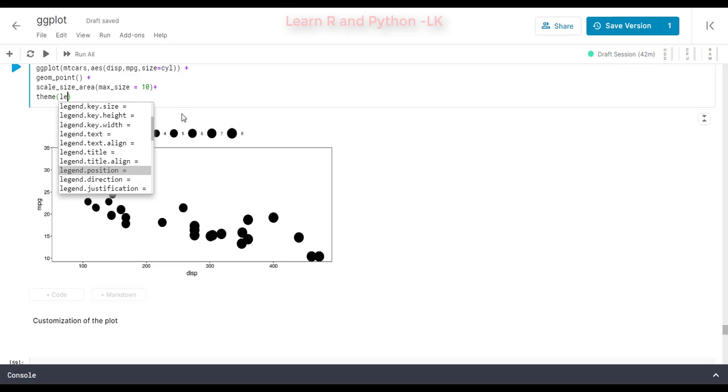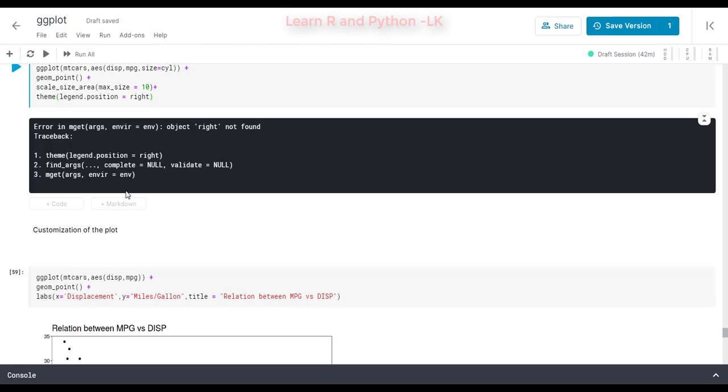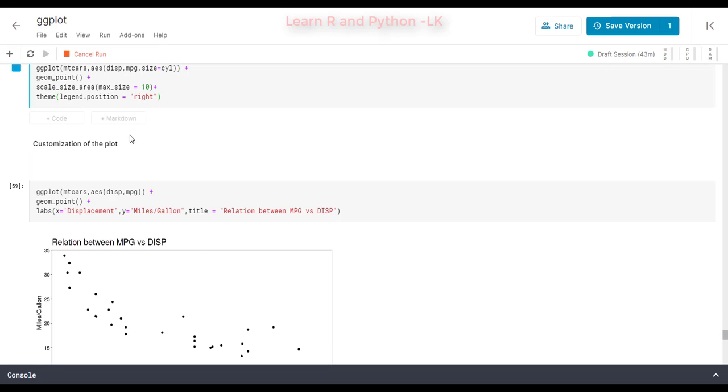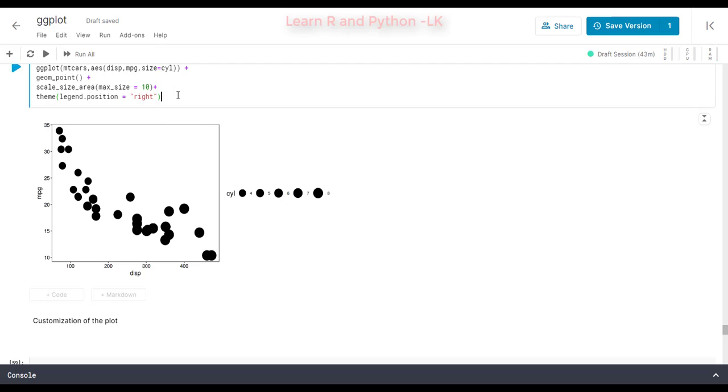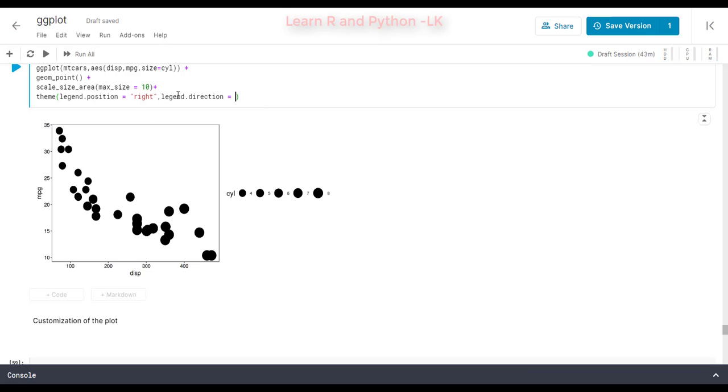Going to specify the position as right. Okay, I have to specify in double quotes. So now you see it is on the right, and if I want the legend direction,